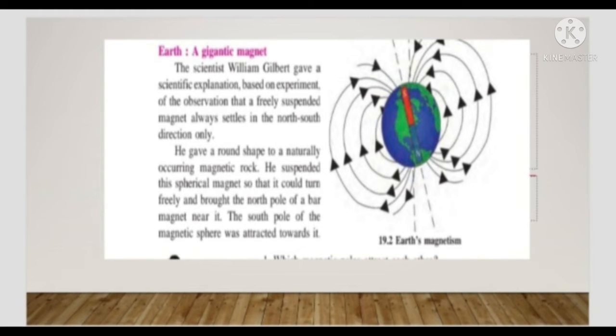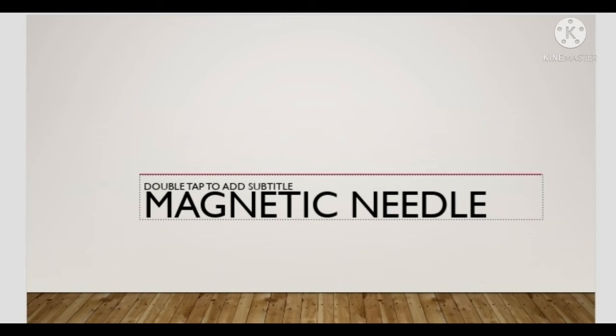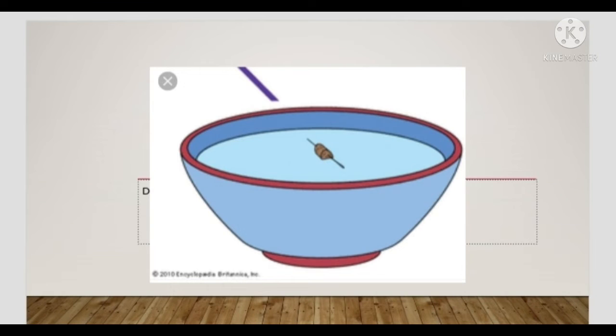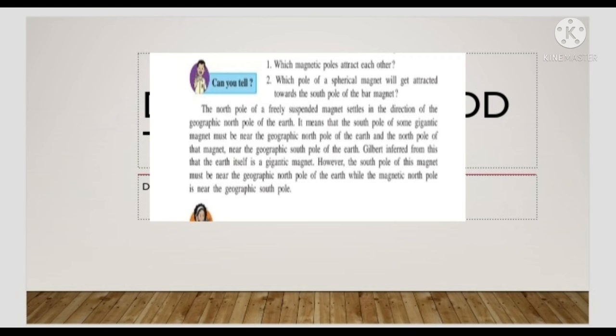Then magnetic field. An inference from the above experiment is that the British researcher Michael Faraday named these lines going from one end of the bar magnet to the other as magnetic lines of force. The magnetic needle also shows the magnetic line of force. The region around the magnet where the magnetic force acts on an object is called the magnetic field. The magnetic field around a magnet can be shown by means of magnetic lines of force.